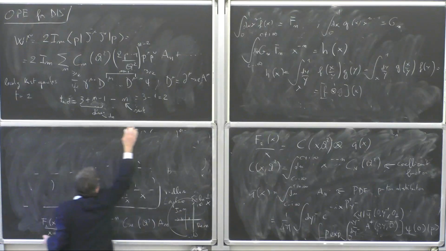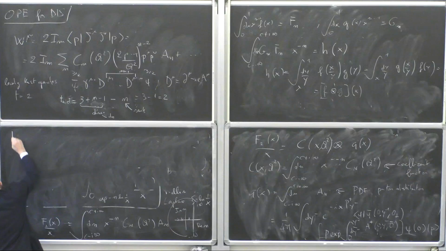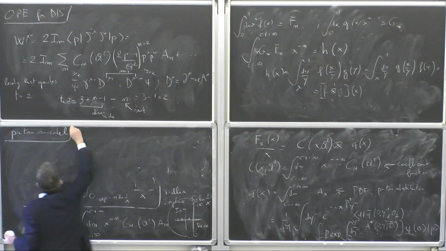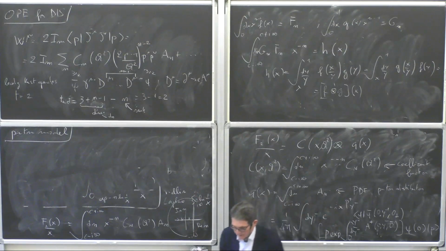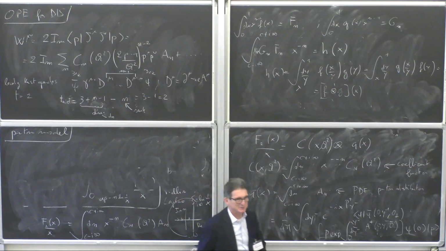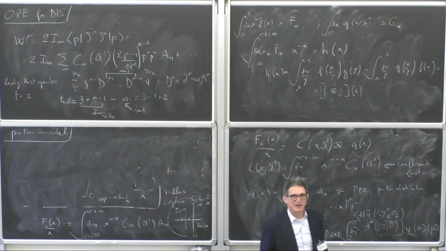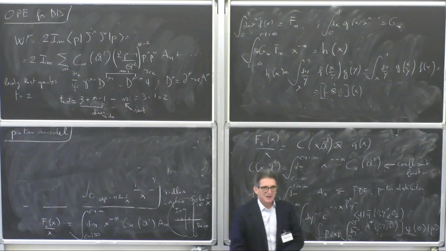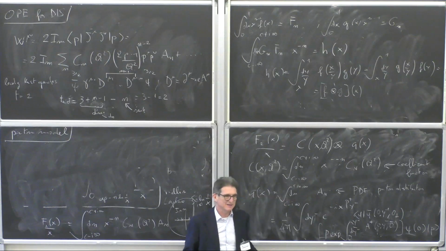Parton model. How do we get the parton model out of this? This is something that John Collins gets very upset about because sometimes people say, well, the parton model is that thing where you assume that any physics process can be described by having an incoming quark that carries a fraction x of the parent proton momentum. And he says, well, why? Who says that? Where does this come from? Doesn't make any sense. And he's right because